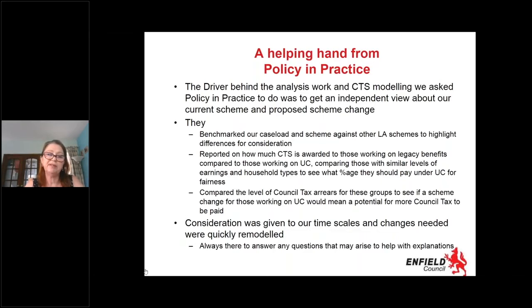As you know, you come up with one model and you think, oh, what if something needs changing? So Policy and Practice were really good at reacting to us saying, could you change it this way? What difference would this make? And they were always there to explain and answer any questions that we might have, questions that are raised by people perhaps that don't have that technical knowledge, and how we can explain that to help with the